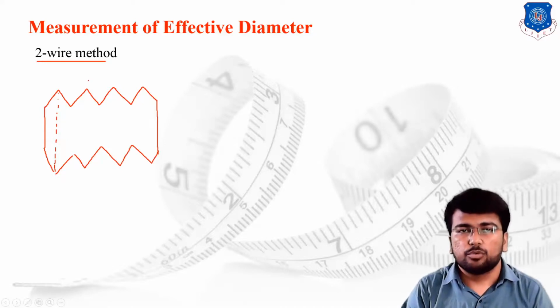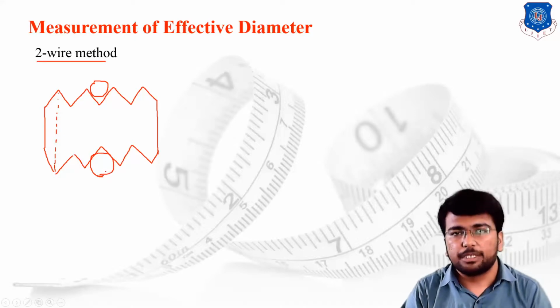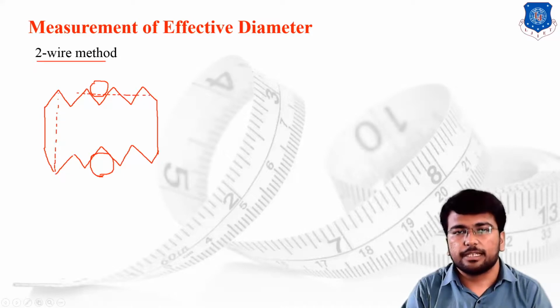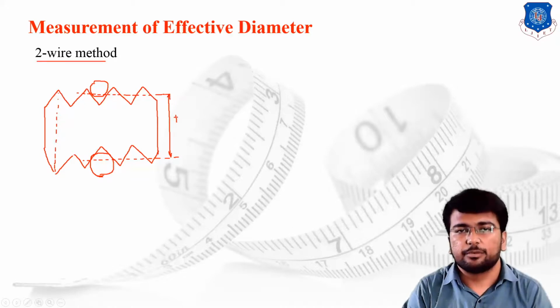What we are supposed to do is provide one wire over here, wire number 1. We provide another wire over here, wire number 2. We have to measure the dimension which makes physical contact on the flank surface like this. The mating part will make physical contact with the flank, and we are supposed to measure this particular dimension. This is known as, suppose, the effective diameter, D_E, or E.